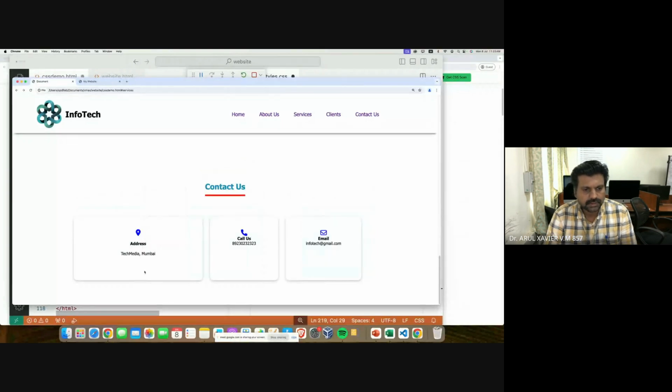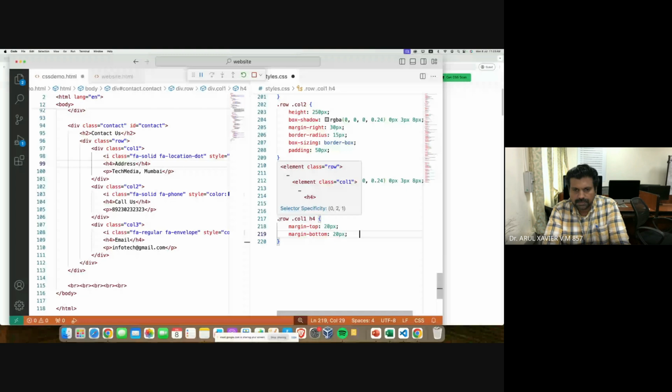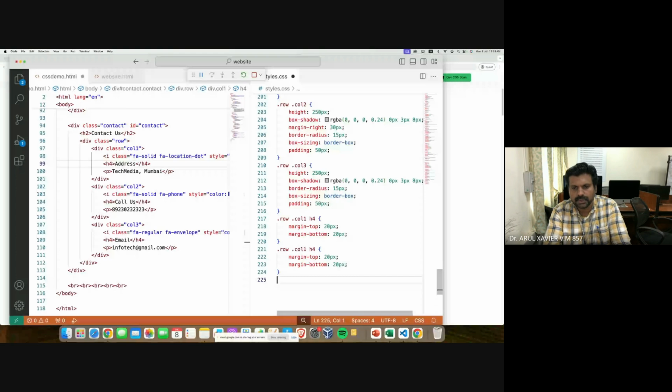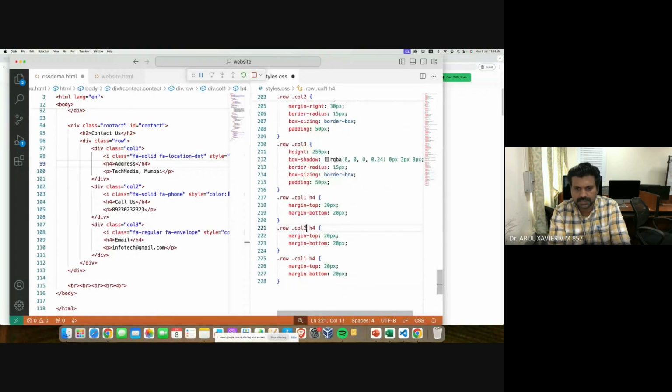Yeah, now it's okay, right? So it's coming properly. Okay, the location icon is coming in the center, and the address and other details. Okay, so the same thing you have to apply here also. Right? So what we can do is just copy this for column 2 and column 3. Okay, the same settings,